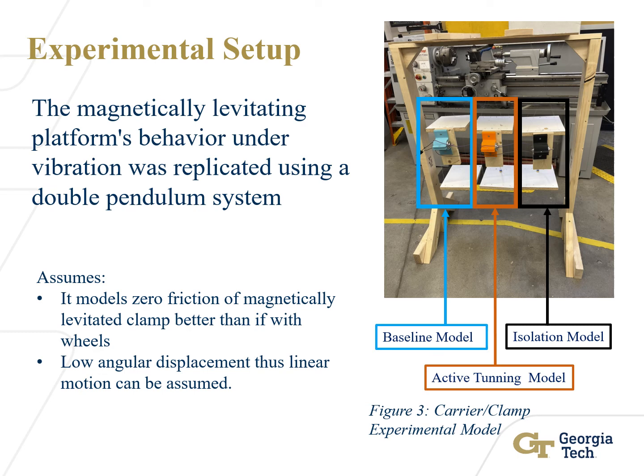This is our experimental setup that we have used to collect the data in order to understand the efficacy of our system. The baseline model is on the left along with the active tuning model and the isolation model, so that we can compare the performance of all three of them and come up with a viable conclusion. We will be presenting this further in the